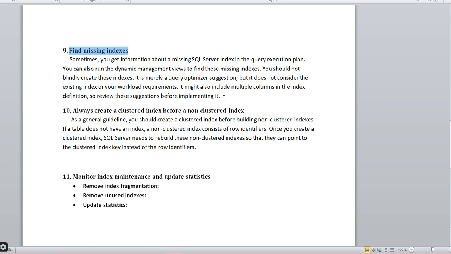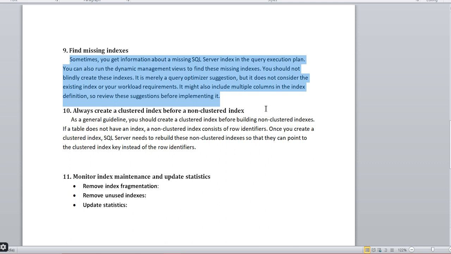So we should first avoid creating unnecessary indexes, find the missing index, and then if it is really required, create an index to improve the SQL Server performance of a database. Okay, so you can check this statement about the missing index.